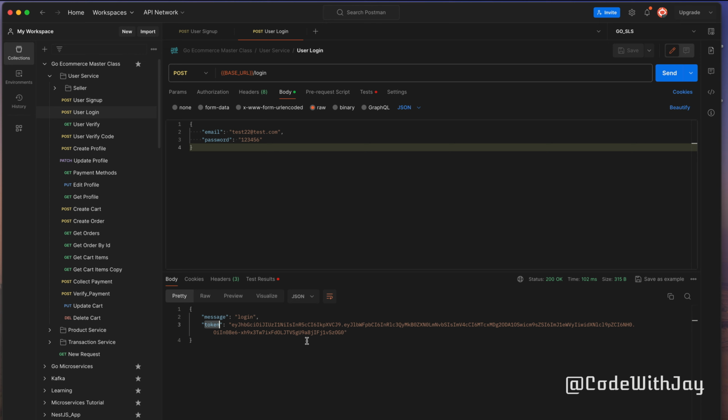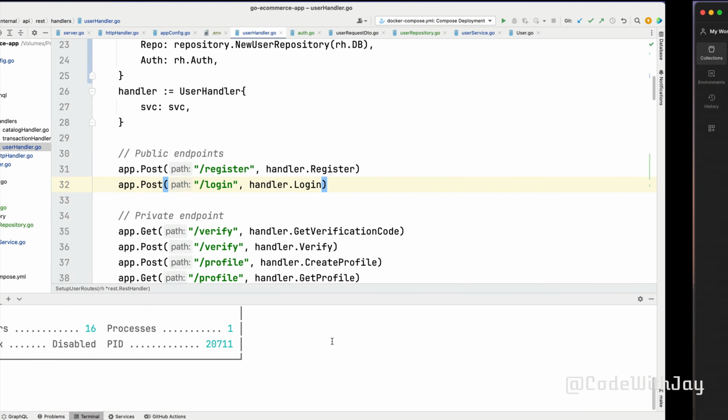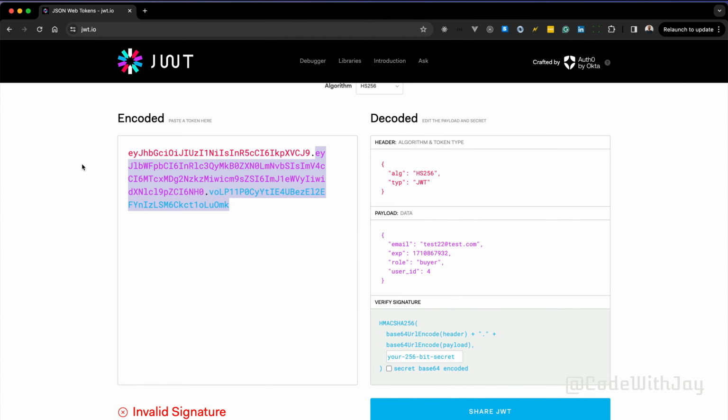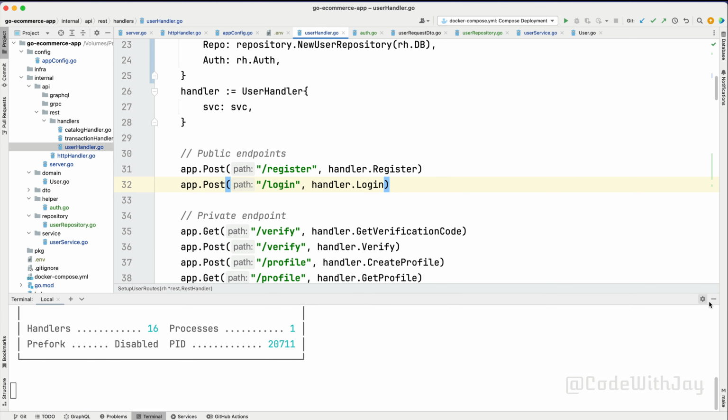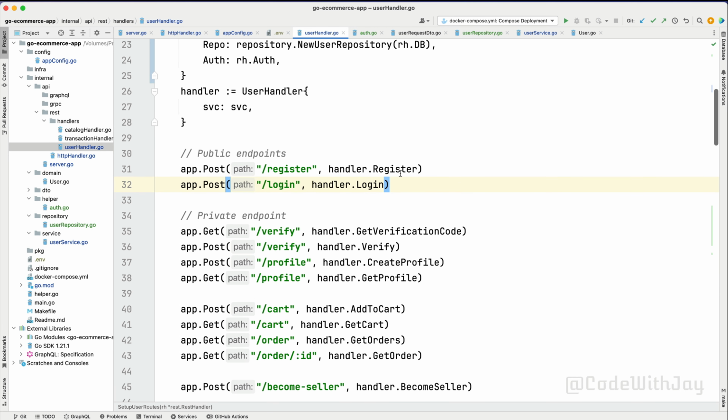So maybe we are having a mismatch in the returned data. Instead of message, we're returning token from our sign up. So maybe we can make it consistent, right? As an example, it should return this token only, right? So let's copy this token from here, and let's go back and add it here as well. You can see nothing has been changed here, nothing has been changed. Only the expiry has been changed, right? Perfect. So it seems like our login and registration are working, but they are not returning the same